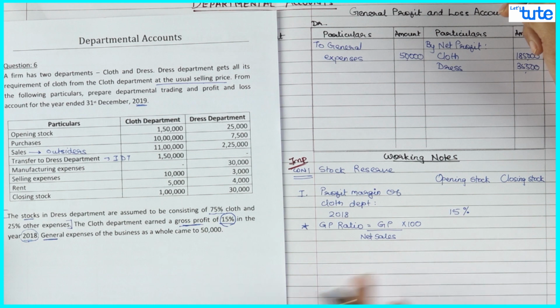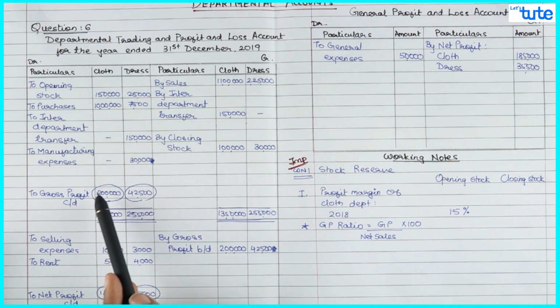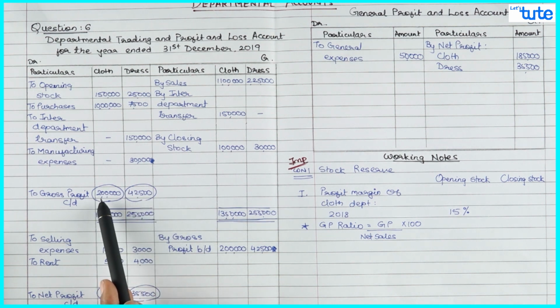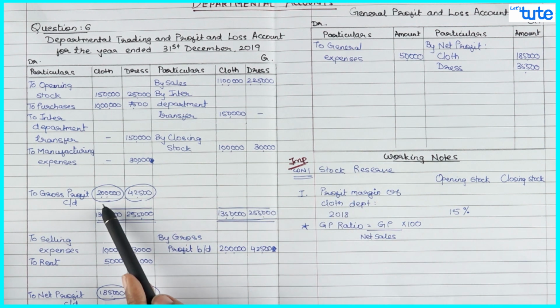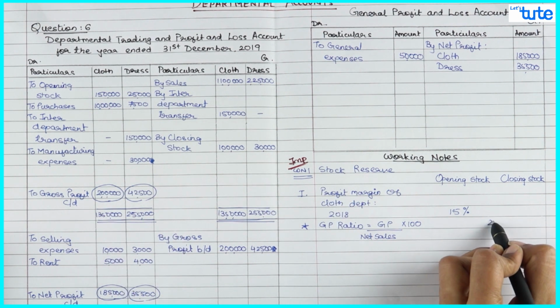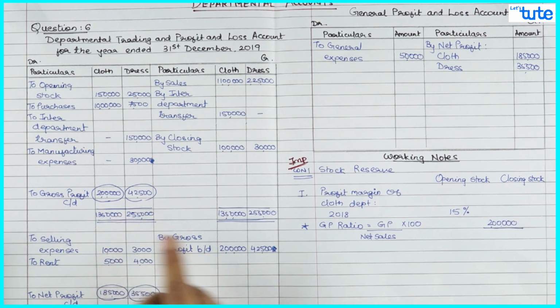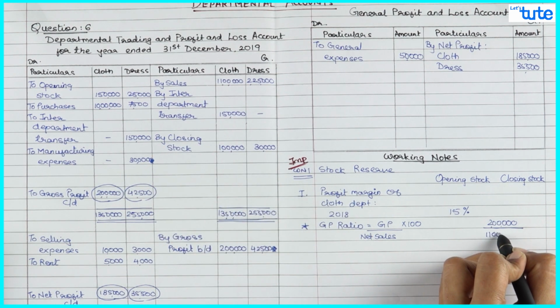For the closing stock, now you will apply GP ratio, or you will find out GP ratio for which department? Cloth department or dress department? Yes, definitely cloth department, because we need profit margin of the transferor, and transferor is cloth. So gross profit is 2 lakhs divided by net sales. Now there is no sales return, so sales over here is 11 lakhs